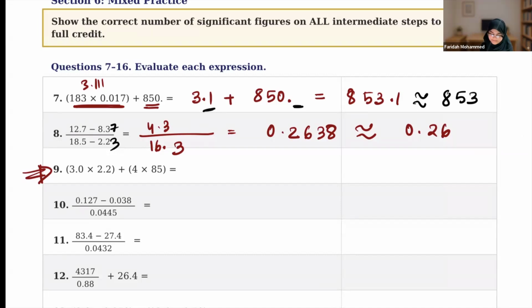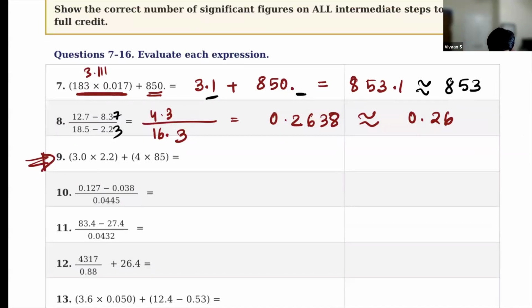Number 9. First we do 3.0 times 2.2, which I got 6.6, and 6.6 has two significant figures. When you look at the question, both of them have 2, so we can keep it as 2, right? Okay. And then we're going to add